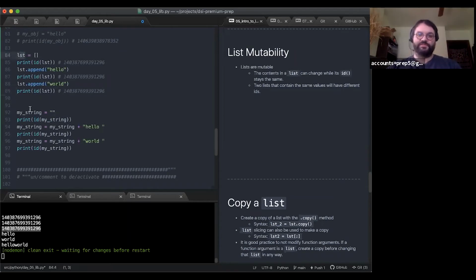In either case, we start with something that's empty and then we add some things to it, right? So the first thing I add is I say it's equal to the value of my string, which is an empty string plus hello. And then it's equal to the value of my string, which is hello plus world. And after each time I change the string, I'm going to print the ID.